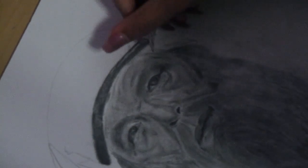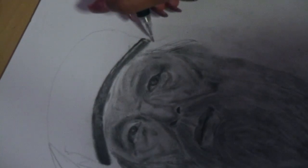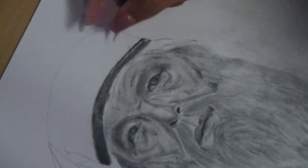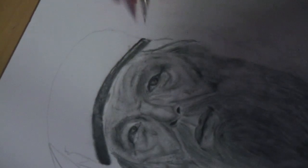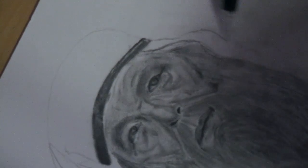So basically, usually all hair does this. It just curls weird. I don't know how to explain it, but if you have hair, you'll see. But I'm just sketching in detail from the reference picture. And a little bit darker. And then basically just doing